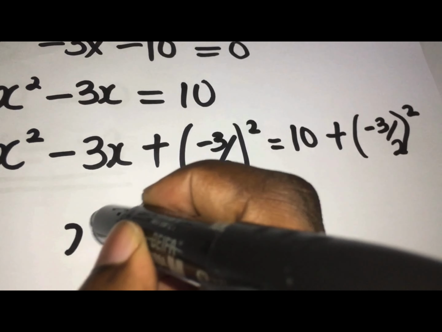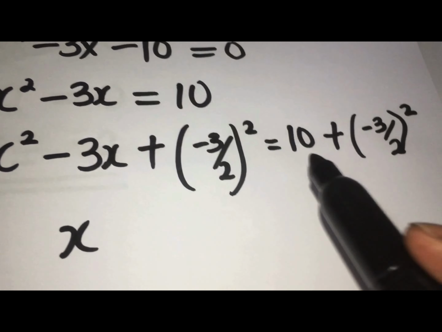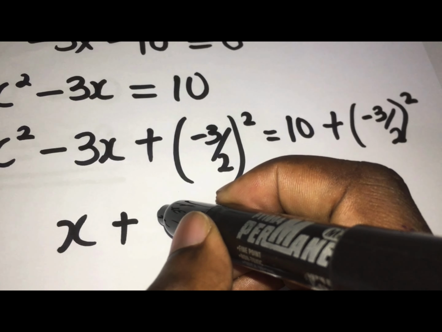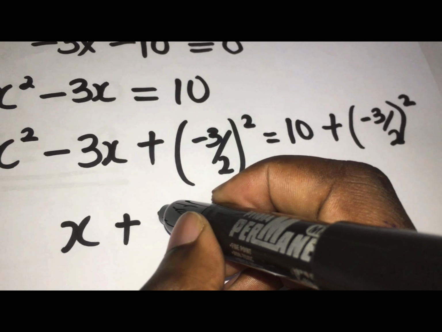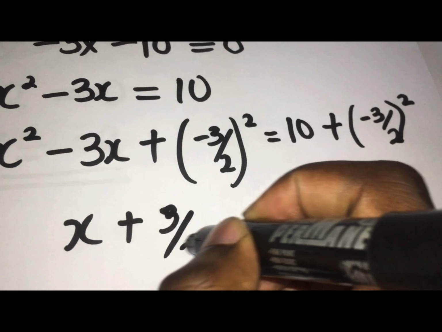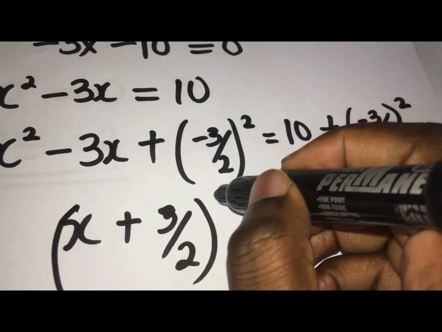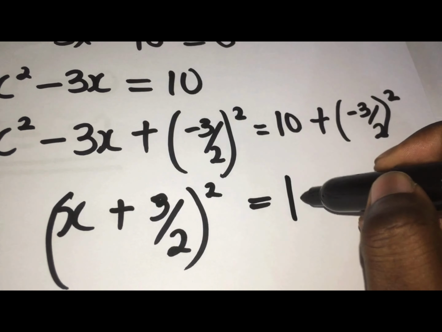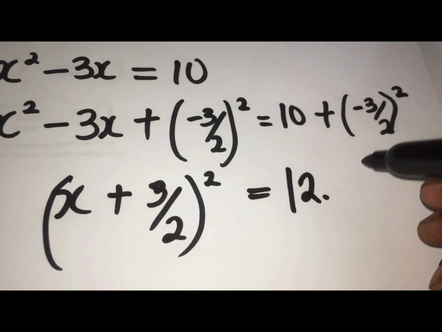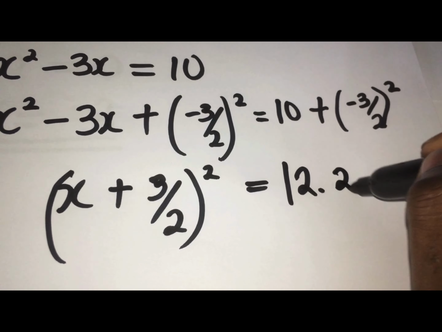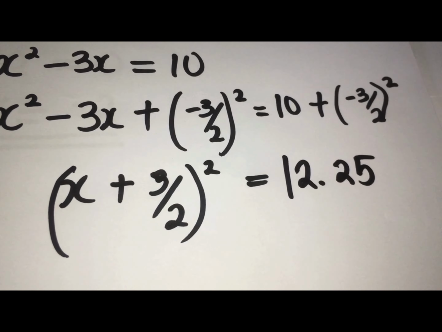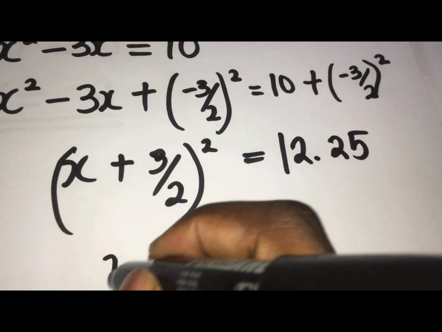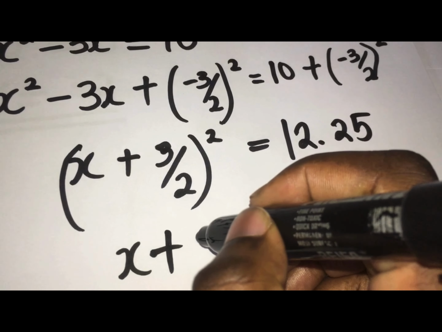Here automatically you factorize, it becomes x plus b over 2, which is 3 over 2, squared. This side we have 12.25. So you square root both sides. Once you square root both sides, you are going to have x plus 3 over 2,